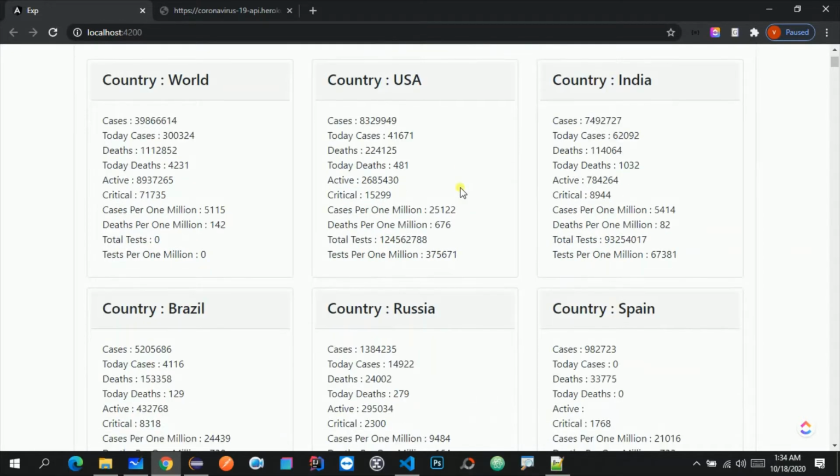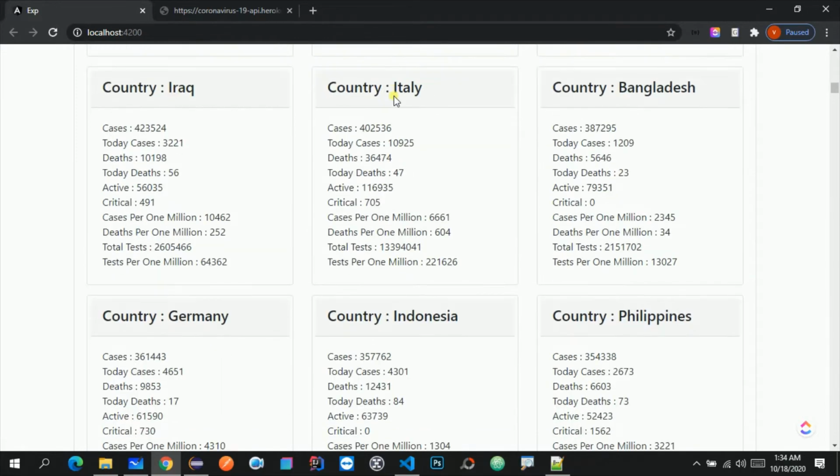So these are the rankings. The first country is USA and the second one is India, and these rankings are ordered by the highest number of cases. This is how we can create this particular application.